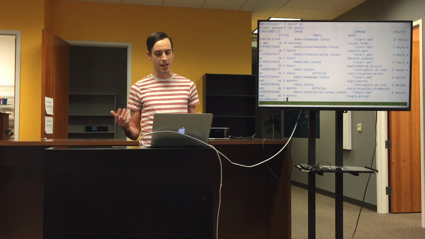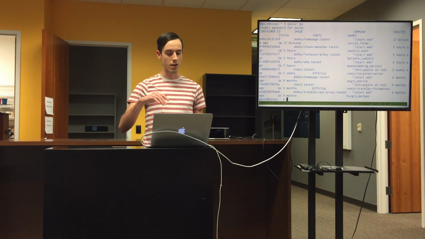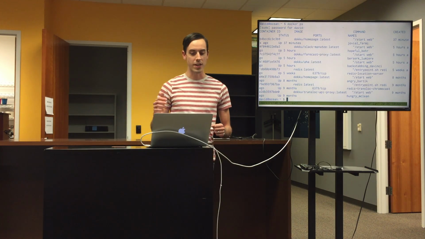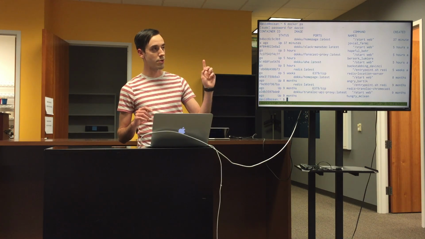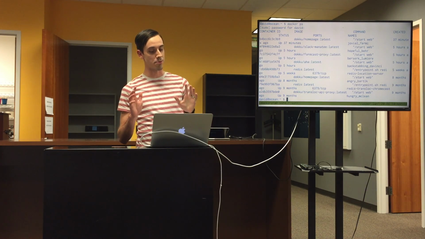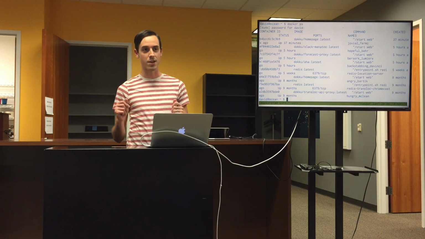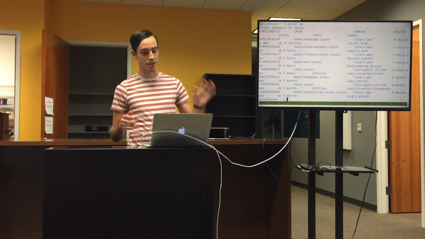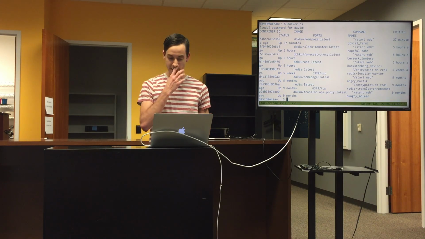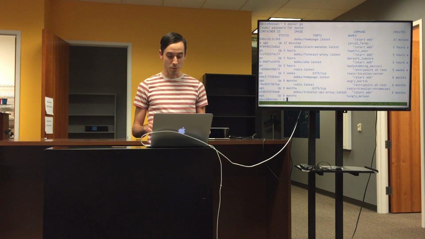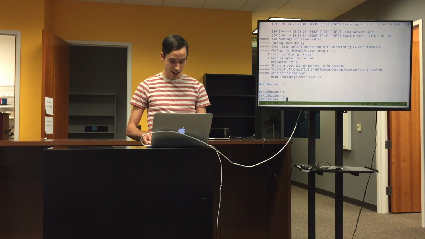This is a server I'm running. It has a bunch of Docker containers running. A lot of them are through a service called Dokku. That's like a do-it-yourself Heroku, if you guys have used that, for hosting your own Docker containers. It's cool. It's unrelated to what we're doing. But a bunch of Docker containers running. And what you can do is somebody made